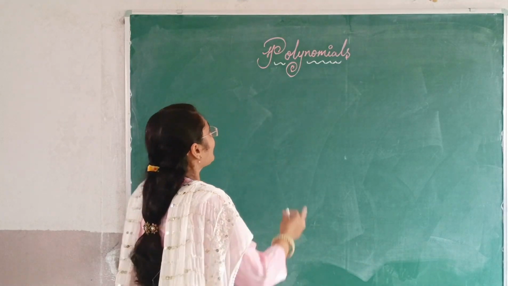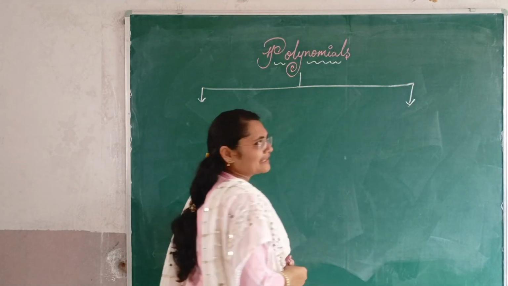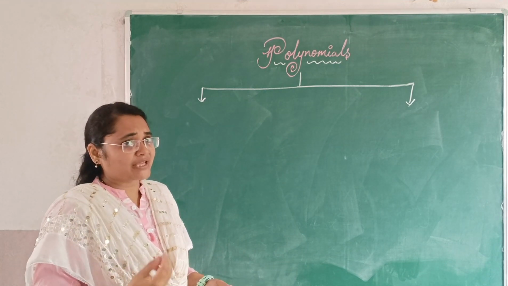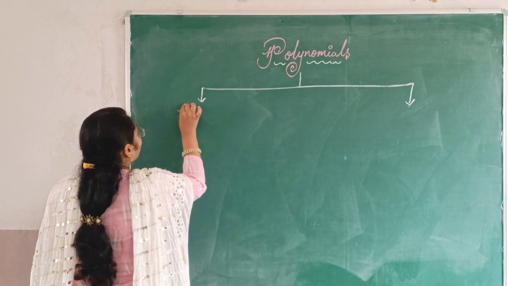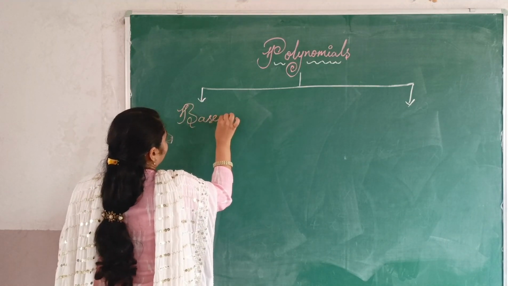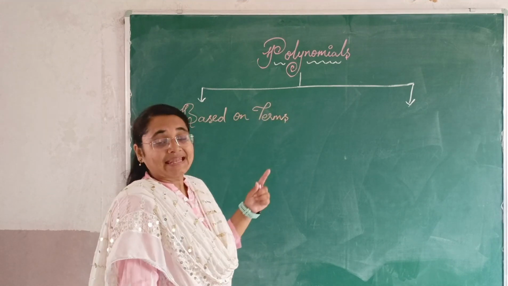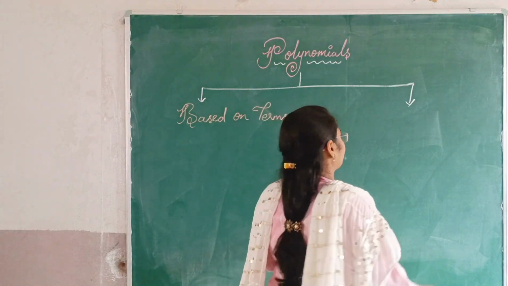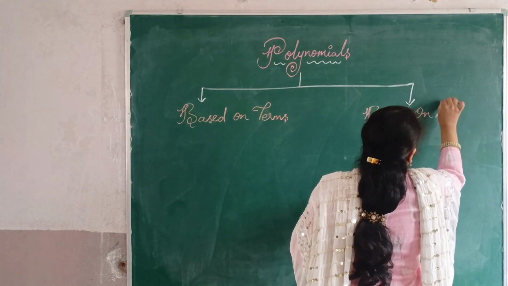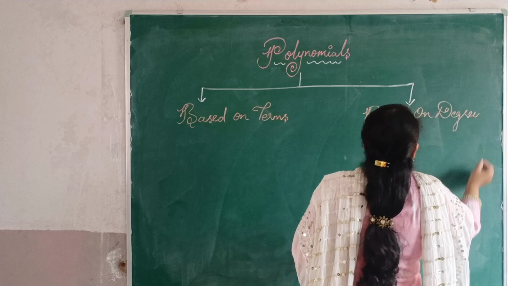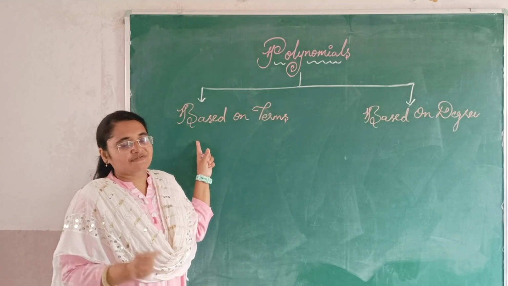Come, let's check out. Polynomials have been divided into two categories. Any guess, students? The first one is based on terms. The next category is based on degrees. Okay. So when you are coming to the point based on terms, term in the sense, first of all, learn